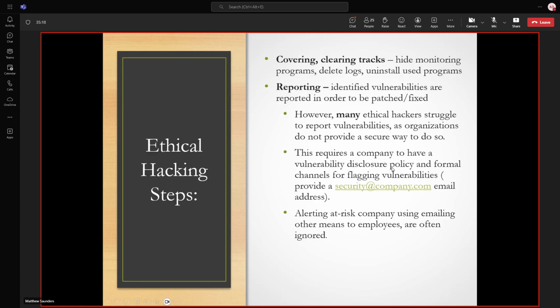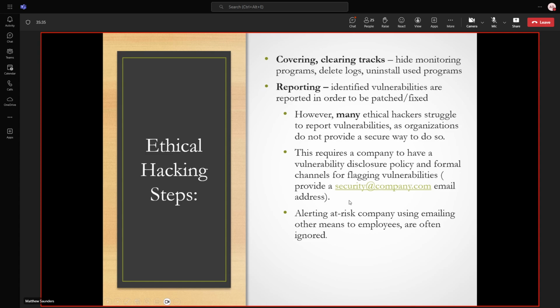Many other organizations, like say a car manufacturer, they're not going to put out bounties. They're just going to get really mad at you for trying to hack into their system, right? So from an ethical hacking perspective, that's not necessarily a way that works very well.